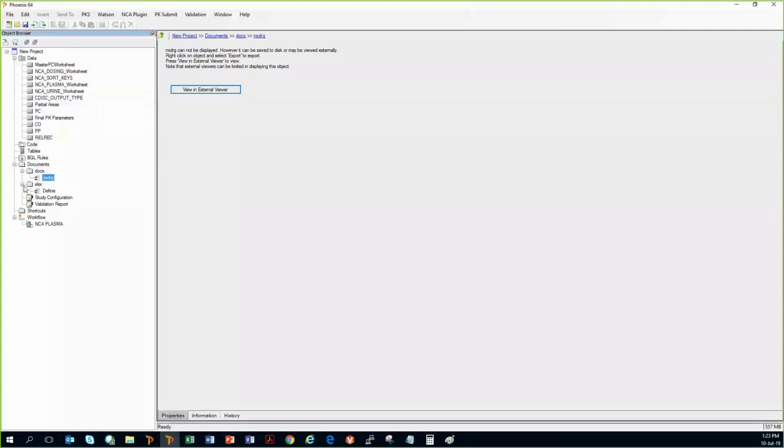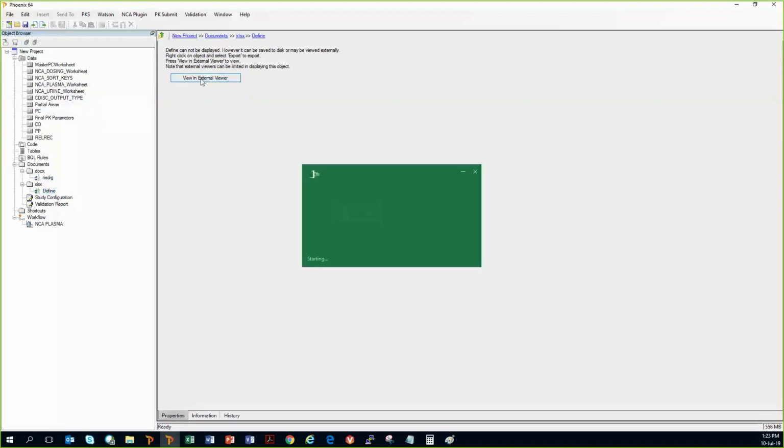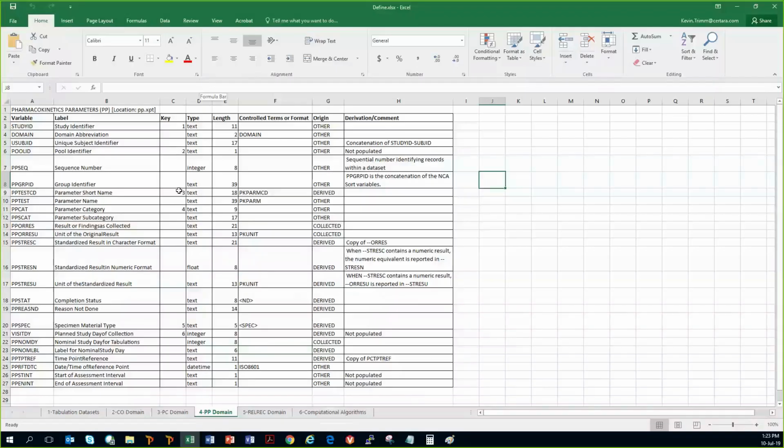We also have a define file. This is not the define XML. The define XML is just one file for the entire study, for which the PK scientist would not be responsible for generating. But we nevertheless create all the elements that are required for the define XML file associated with the PK-related submission in this Excel workbook, such that the person responsible for creating the define XML file has all the information that they need